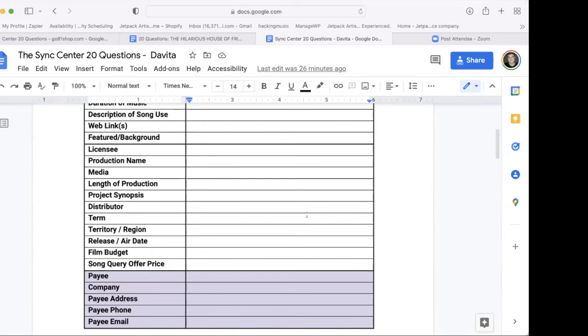So that's why these 20 questions are so important, because that's going to get us to clarity and a reasonable offer price. If we can save money and offer $5,000, then we'll do that, because we're working on the filmmaker's side of the equation. But if he wants a super song, then those are expensive. Regardless of how much of the song you're using, it's going to be expensive no matter what. It's length of production, distributor, term, territory, film budget, all those things kind of funnel down. It's all coming together to create that price.